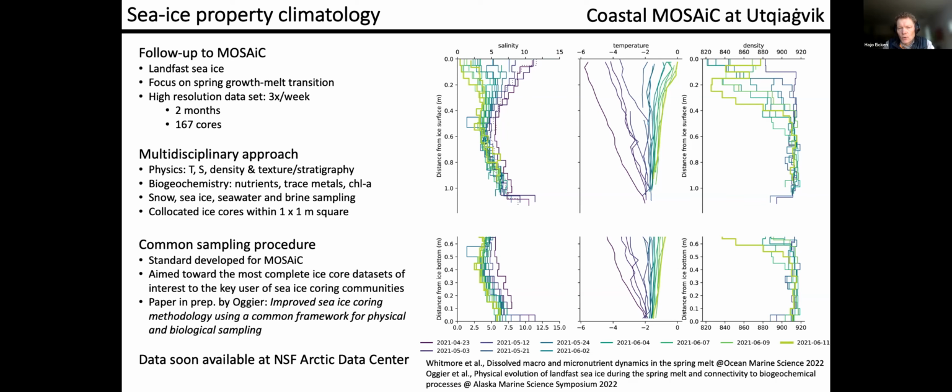Laura Whitmore has been responsible for a lot of the macro and micronutrient work and other biogeochemistry, and then Mark Ogier for the geophysics. So that's something that you may want to be aware of further as well.